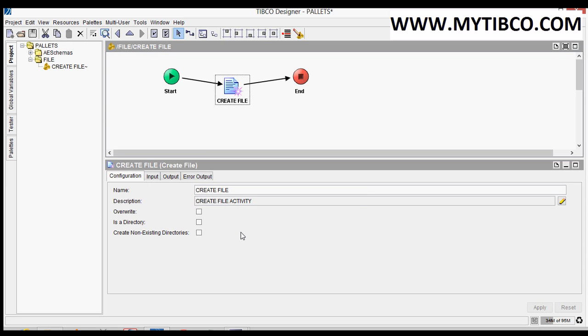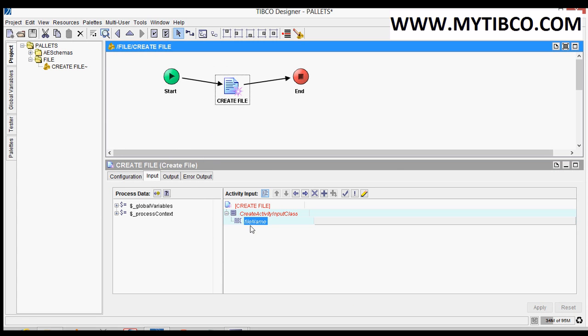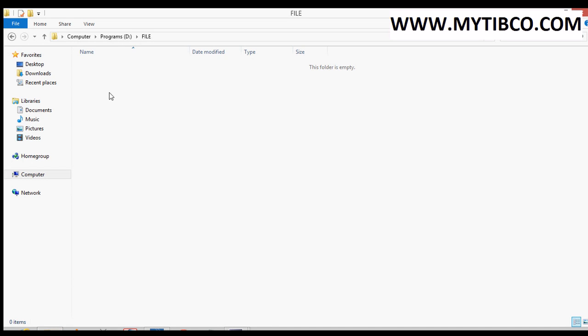Is a directory: if you check this option, you can create a directory instead of a file. And create non-existing directories: this option is useful to create non-existing base directories, which I'll demonstrate. In the input tab we have only one input field, which is file name. Here we have to give the file name along with its path. For example, I want to create a file in my computer's D drive under the file folder. Now I have to give this entire path,